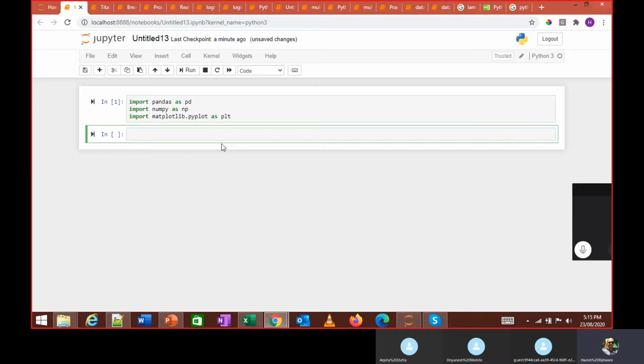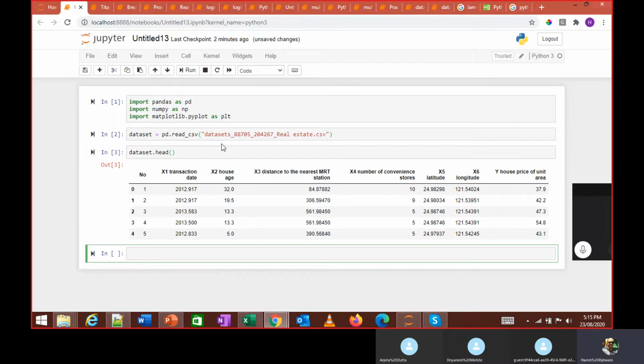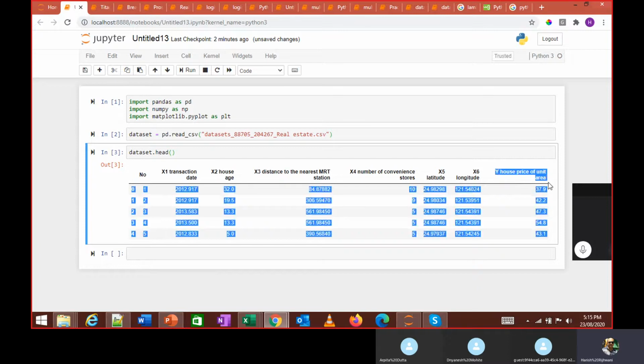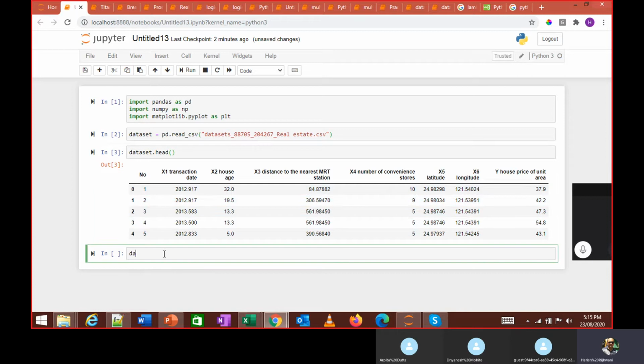Let's read this file. How do you read a file? I'm assuming you know how to read the file. Data set dot head to see the data. So these are all my data elements, 1, 2, 3, 4, 5, 6, 7. I have to predict the house price using all the other elements which are there. So first of all, we should check